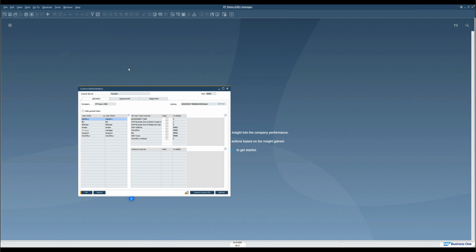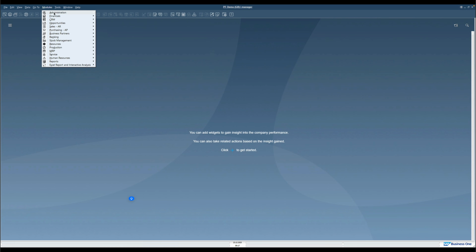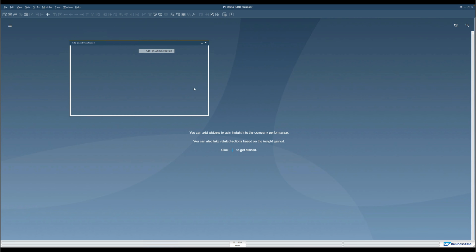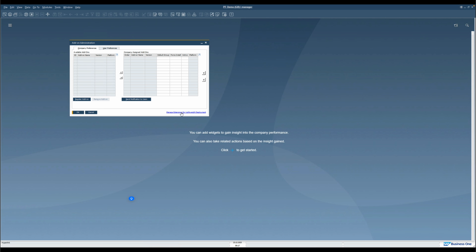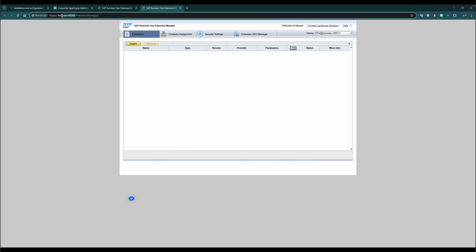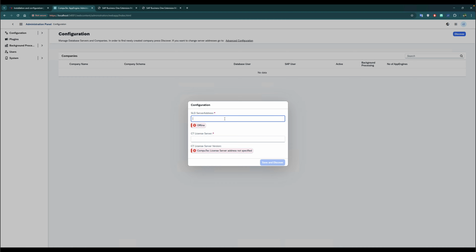So we can take it from here, or you can just go to add-on administration, use this hyperlink to launch the SLD address, and you can use this address here, and after you enter it, it's going to be set to online